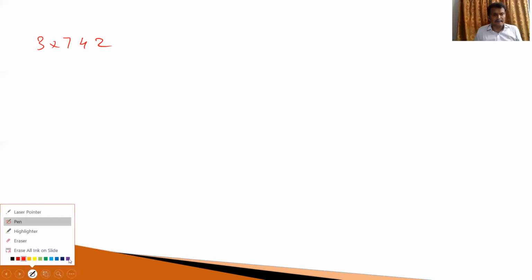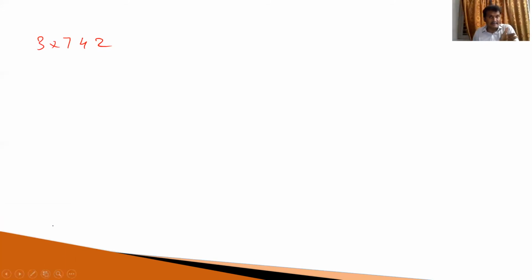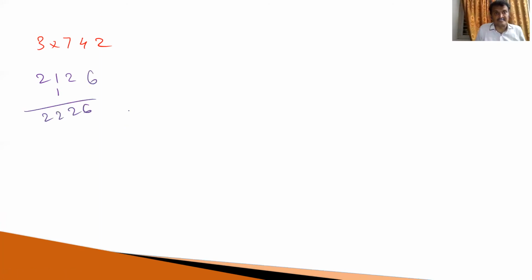Now, let us take an example. 3 742 times is equal to how much? What happened? 3 7 times 21. So 2100, just write down 21. Next tens place, right? So 3 4 times 12. Here 12 tens are there. So 2 is in the tens place and 1 is in the hundreds place. 3 2 times, that is equal to 6. So what is the answer? 2226, which is required answer.